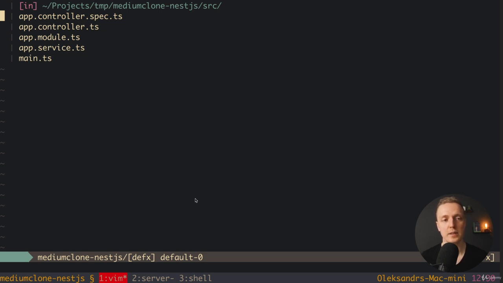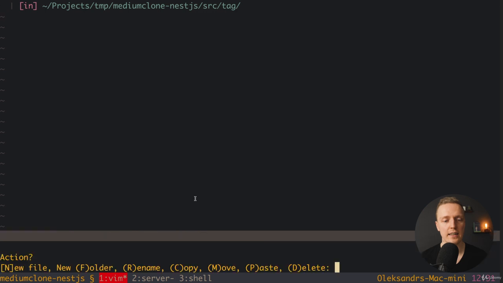So the idea is that we have here app module, this is our main module, and then for example for tags we can create a new module, and then later we have maybe articles. Then we create a new module and isolate everything which is related to articles inside that specific module. So let's create here a new folder and call it tag. So actually the naming convention that I like is to name all our modules as singular. This is why it will be tag or profile or user or maybe article. Now inside tag, let's create our